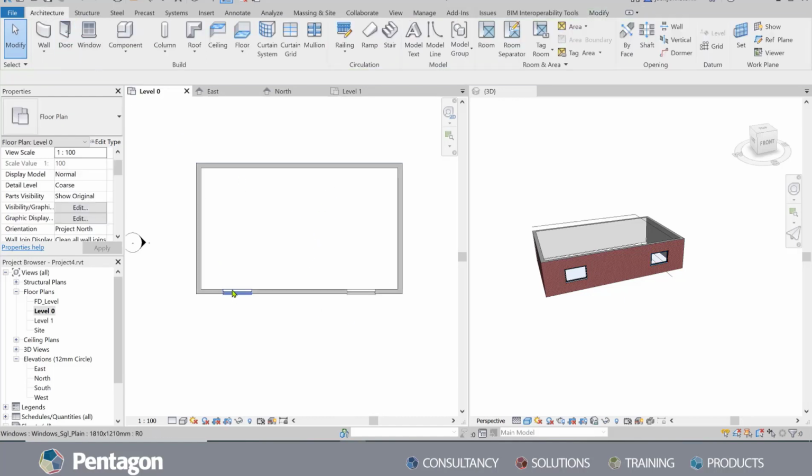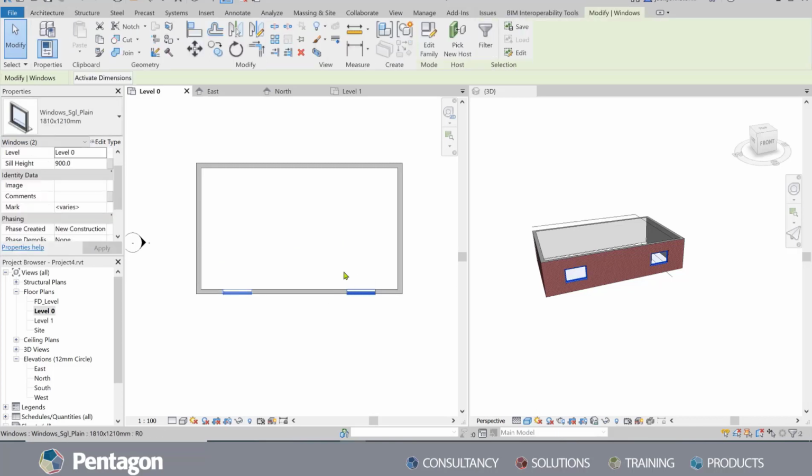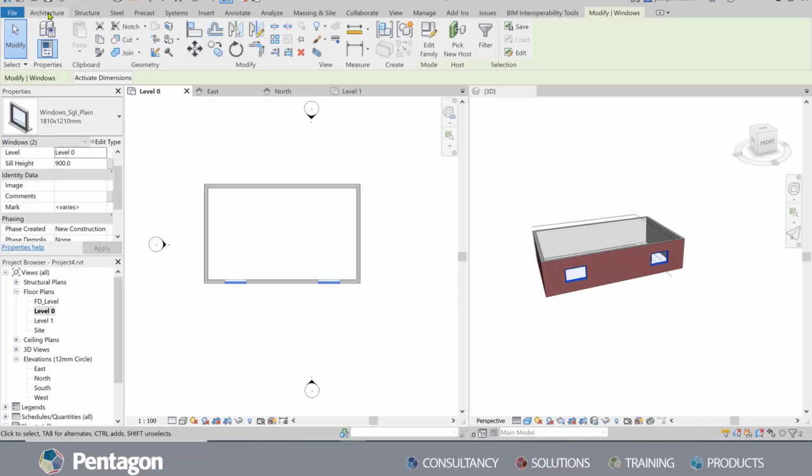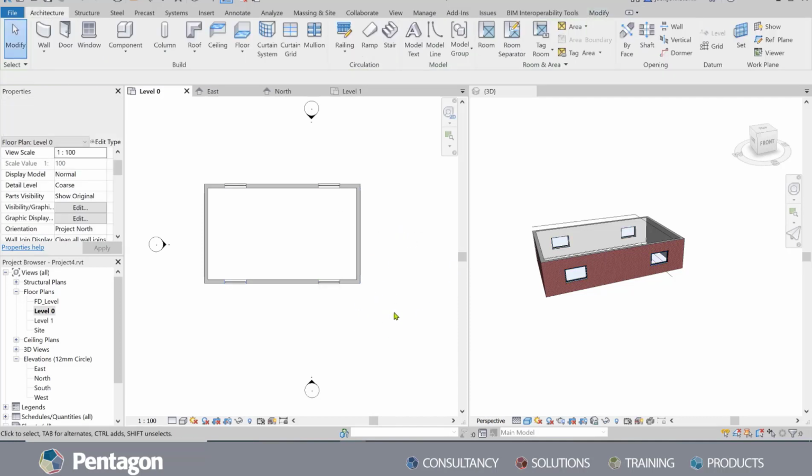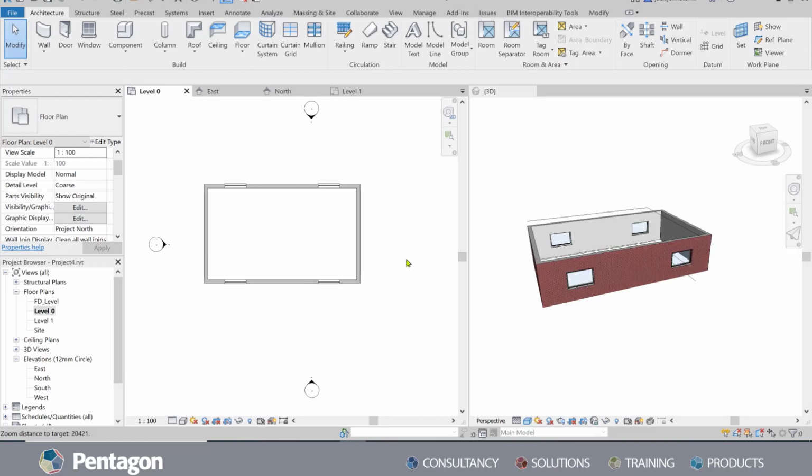So I'm going to just copy those because I'm probably going to have them on the other side of the house as well. So we can use these modify tools here. Some of them are very useful. We can align to things, quite similar to AutoCAD in a certain sense, but I'm going to use the mirror tool, and it allows me to specify a snap point. I'm going to go for this midpoint here. I'm just going to work off that. So now we've got our 4 windows.